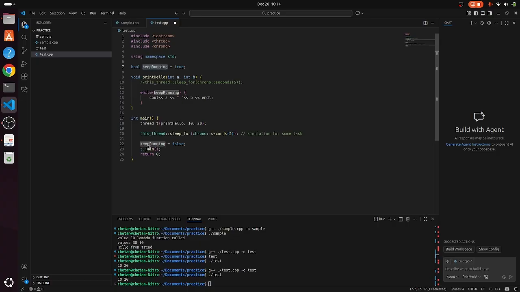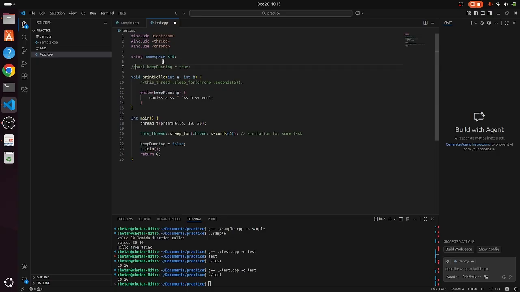If we are assigning the value as false and at the same time trying to read the value, there may be some concurrency issue. So every time you run this, you will see a different count of cout printed on the screen. To keep this away from the race condition or the concurrency issue,